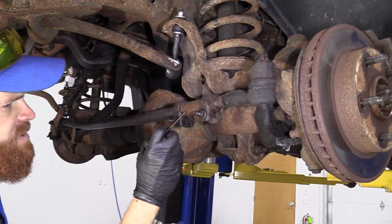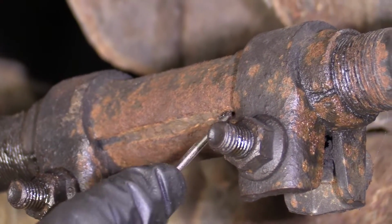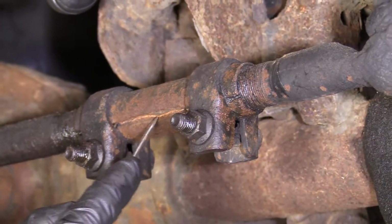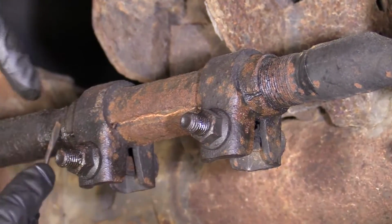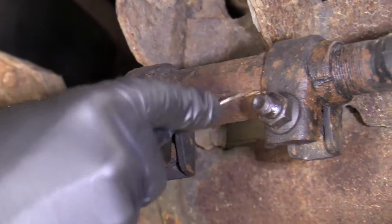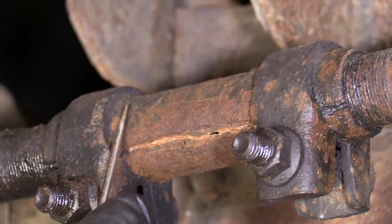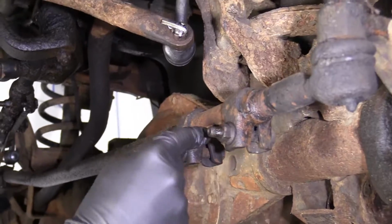A lot of times what happens is exactly what this one looks like. You get a lot of rust and corrosion inside here. This should be where the sleeve is, and all these threads right here on your tie rods should be inside here. This whole sleeve is a completely threaded unit, and it threads onto this part and right here. When they get rotted and they look like this, the odds that the threads on the tie rods and the threads